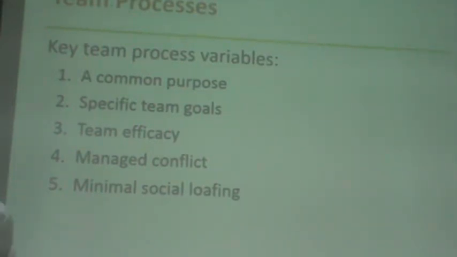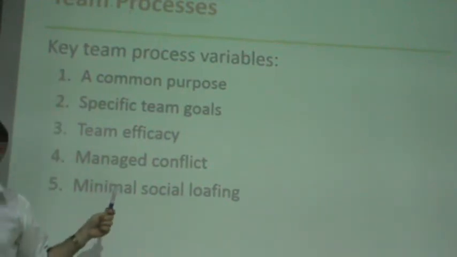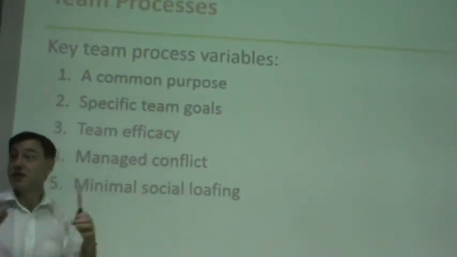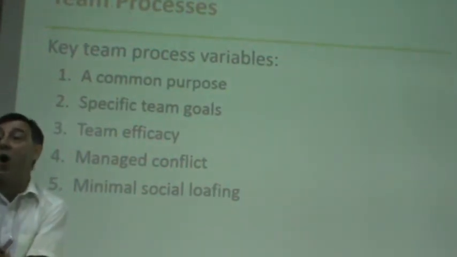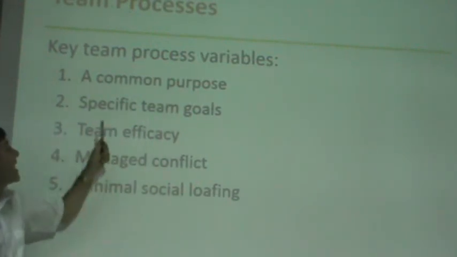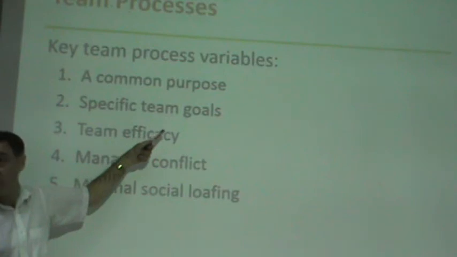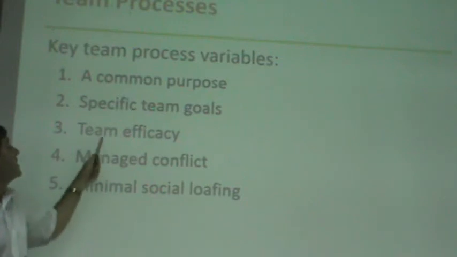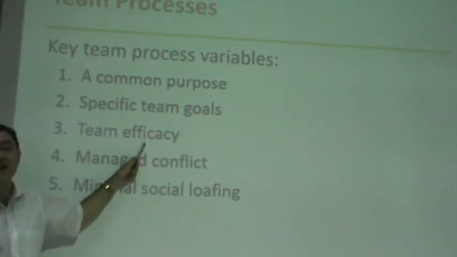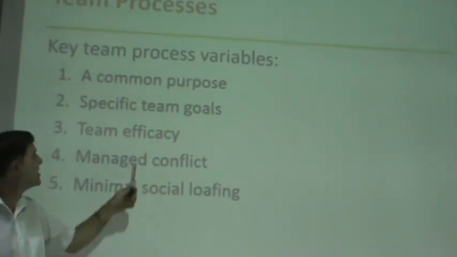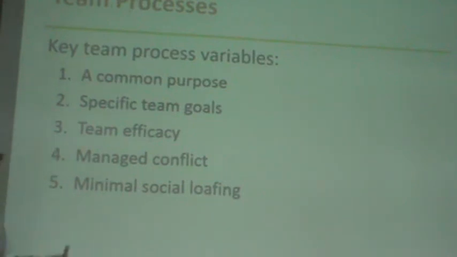Some of the processes, and I already explained them from the little table. Processes, they gotta have a common purpose. They gotta know what they're doing. It's gotta be common, okay? You can't give different people from the team different goals, okay? They gotta have specific team goals, okay? Specific team goal. Gotta be specific. They gotta be efficacious. I don't want to discuss efficacy and efficacious, okay? Because we have effectiveness, again, efficiency, efficacy. That's a little tricky one.